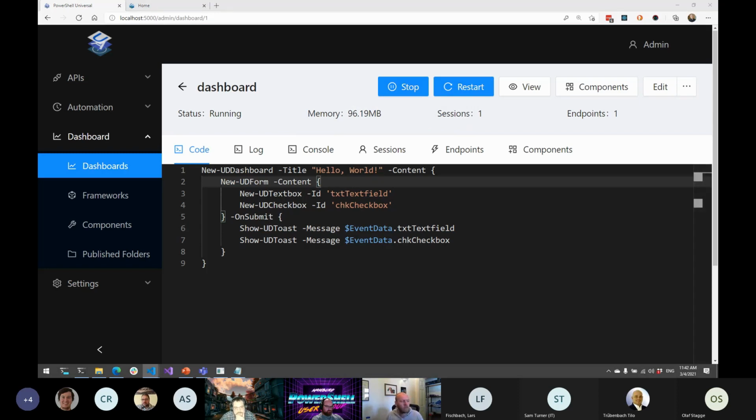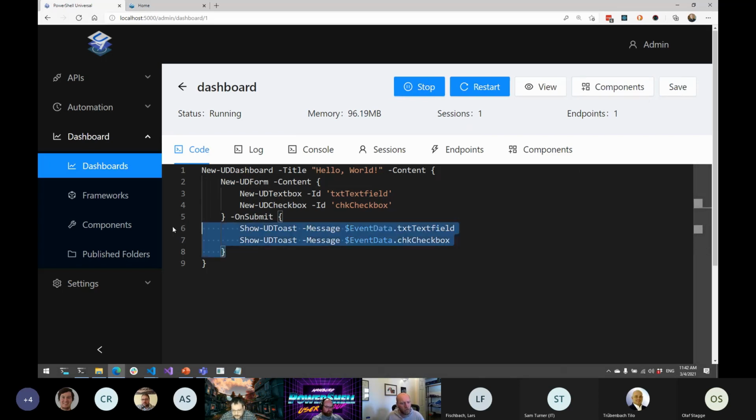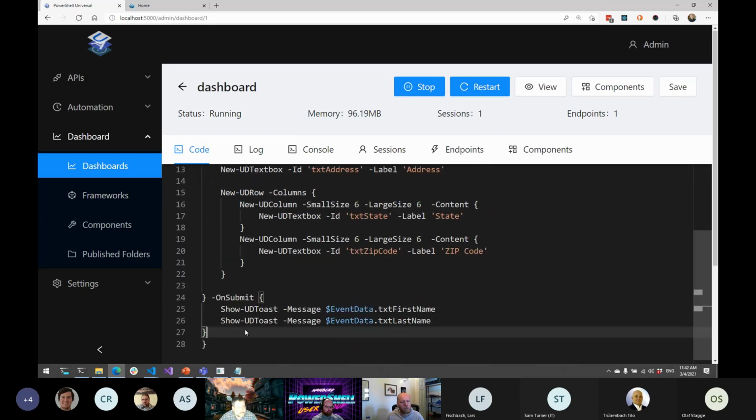So one of the cool benefits of the new version of the input controls in Universal Dashboard v3 is the ability to really mess with your form. As you can see, this is a very simple form. It doesn't manage any of the layout or anything like that. But Universal Dashboard has all kinds of layout controls and